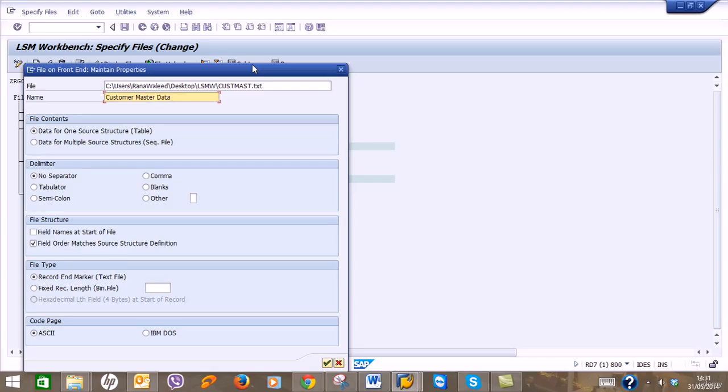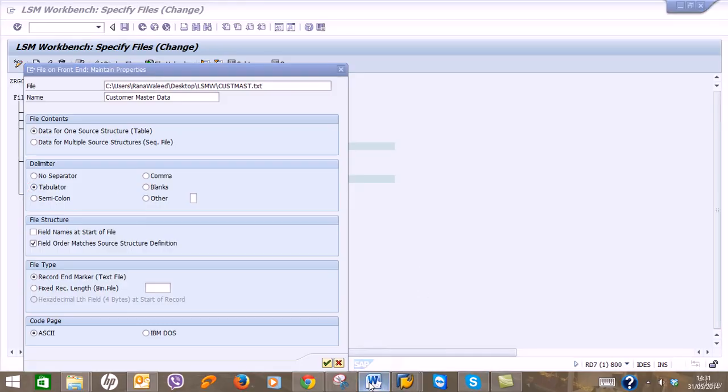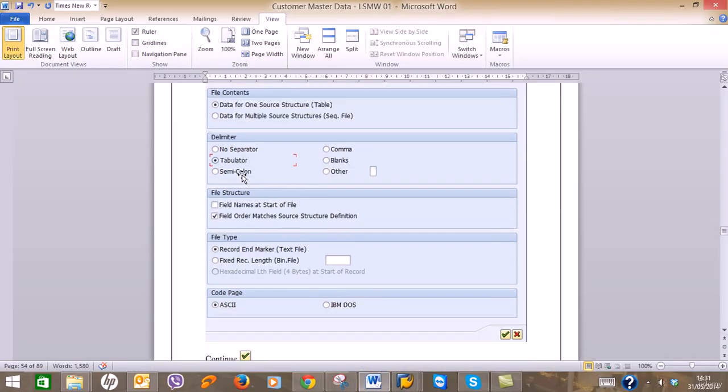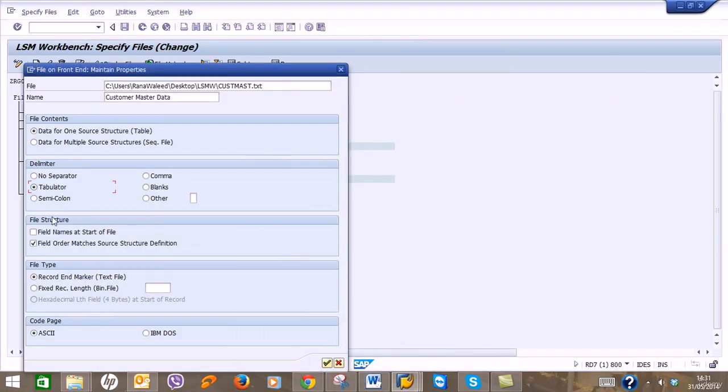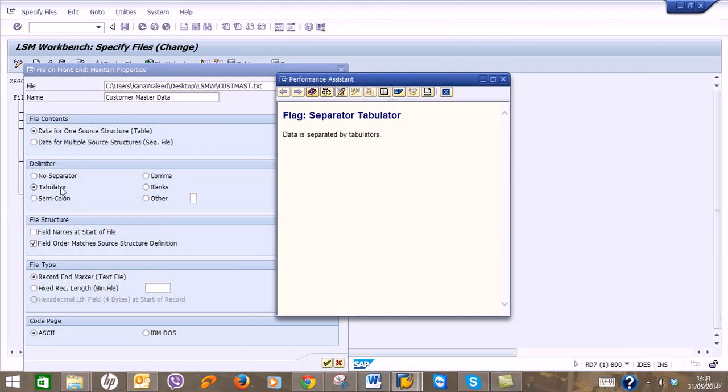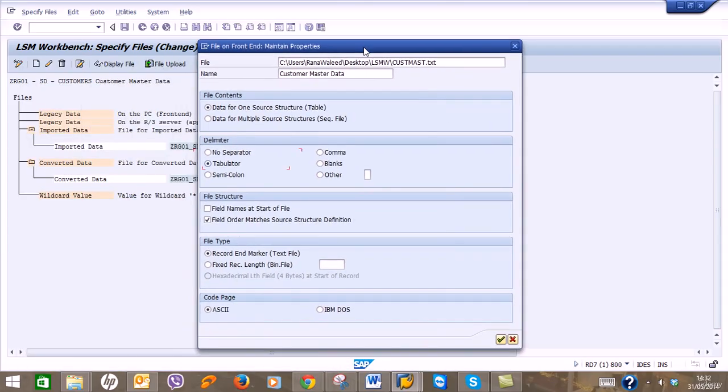And here in this screen you have to choose the delimiter tabulator. Okay, and tabulator, that is more important to choose. Data is separated by tabulators. Otherwise, if you do not choose this button, tabulator means the tab on your computer, so it will be a distance. If you do not choose this option, the data will be mixed, merged. Click continue,